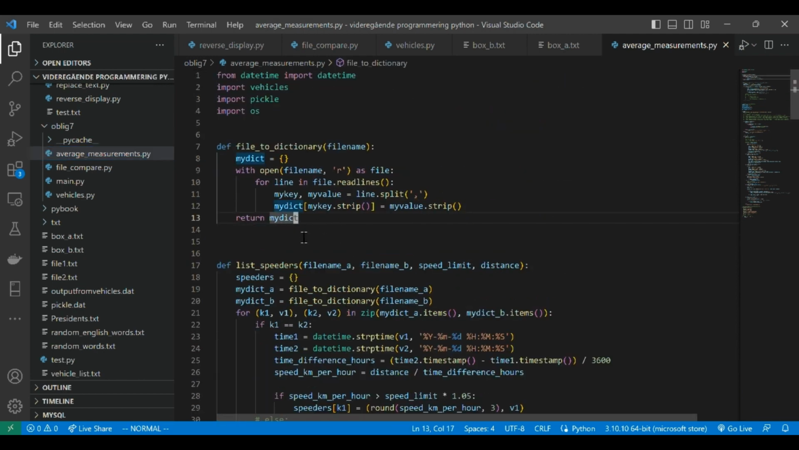First off, to convert a file to a dictionary, what I did was that I took in a file name, and I made an empty dictionary, and then I opened the file in read mode, and then I read every line in the file. This readlines returns a list of lines from the file,